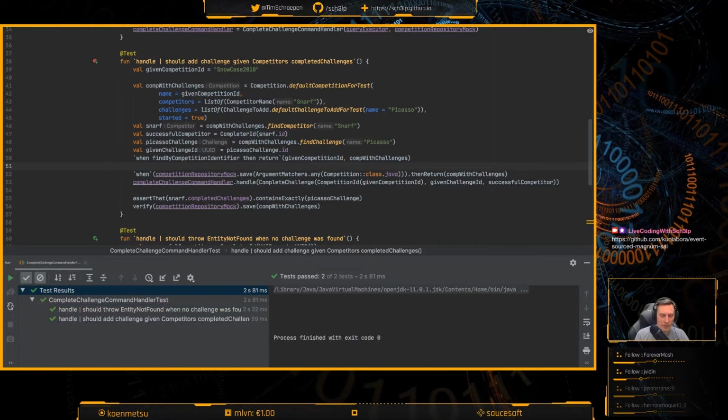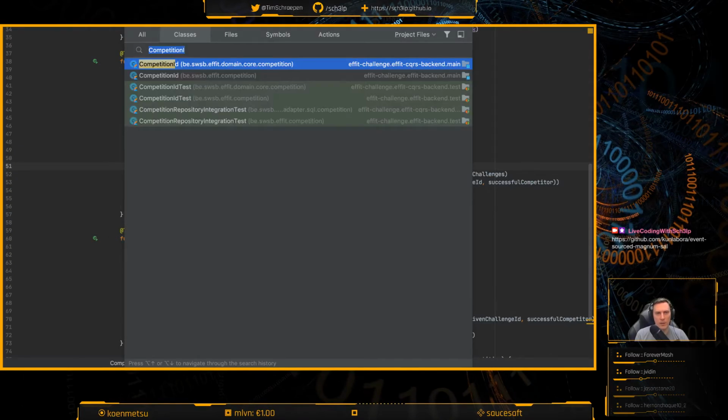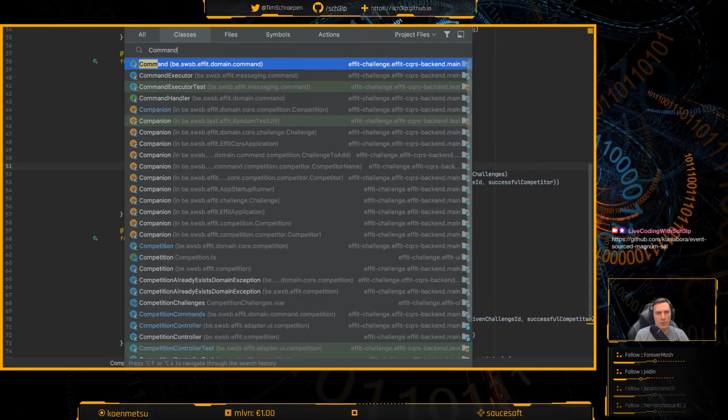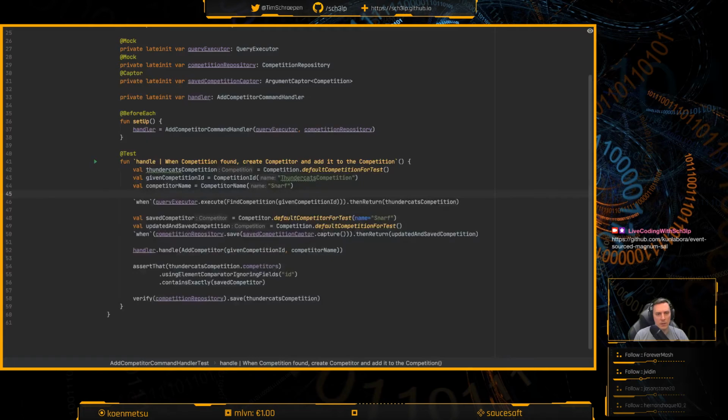Yeah, okay. So let's go back and then see for the other command handler tests that we wrote what the consistency there was, because I usually return stuff. Yeah, we captured, and then so instead of the verify, we just captured, and then we've tested. I know. We captured, but we didn't do anything with it.